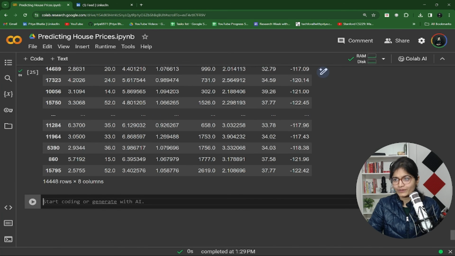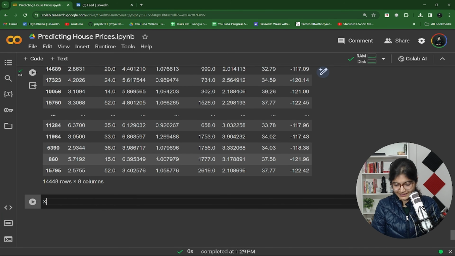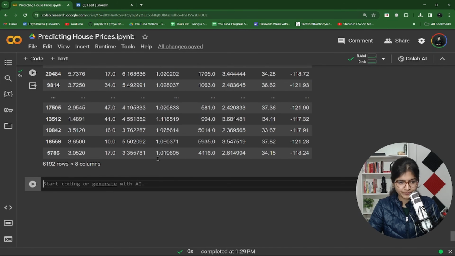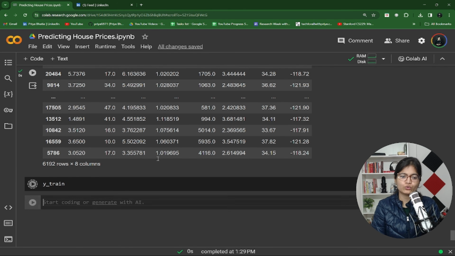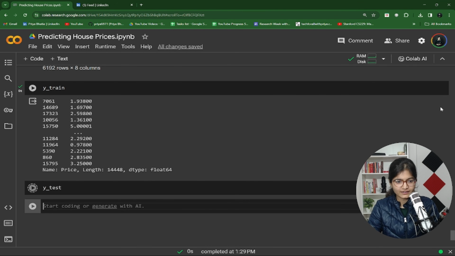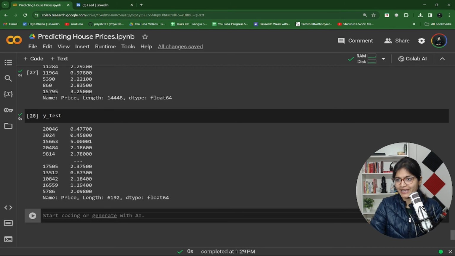Perfect. Now you can see how our testing set looks. Shift plus enter is required to run the code. Similarly, you can see how your y_train looks. Corresponding to those training sets, you will have the price value. Similarly, you can check how the test set looks. Corresponding to every test value, you will have the value in the test set. Now here comes the step of doing